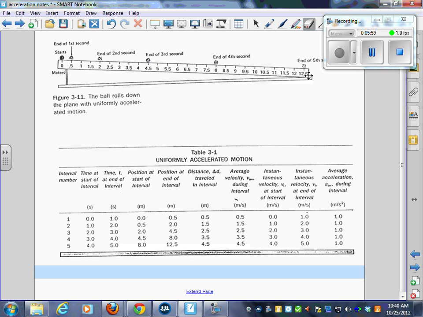What Galileo was most interested in is what are the mathematics behind this? That's what we're going to look at right here, from a data standpoint. If you look at this data table down below, interval number 1, 2, 3, 4, 5, that refers to 1, 2, 3, 4, and 5. You might want to jot that in. Interval numbers between there and there is 1, there and there is 2, there and there is 3, 4, and 5. Interval numbers.